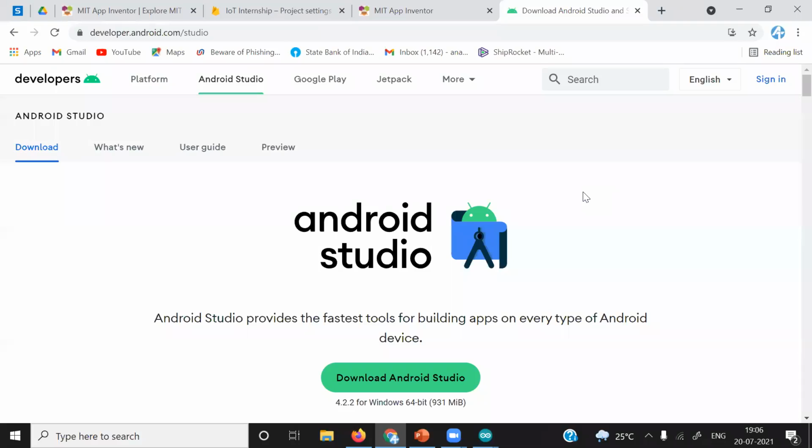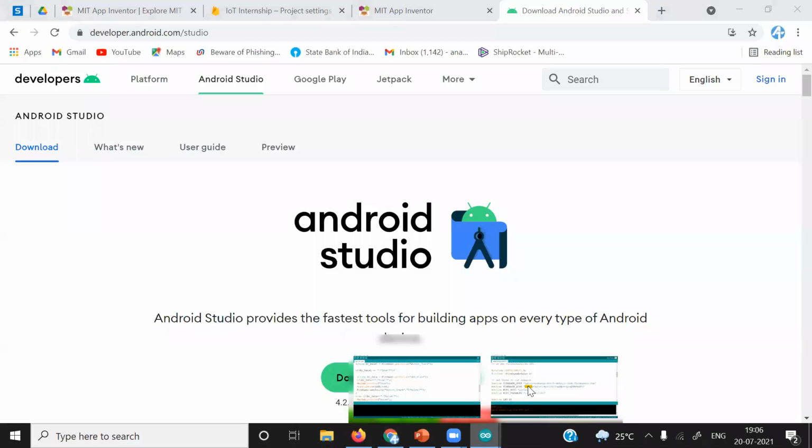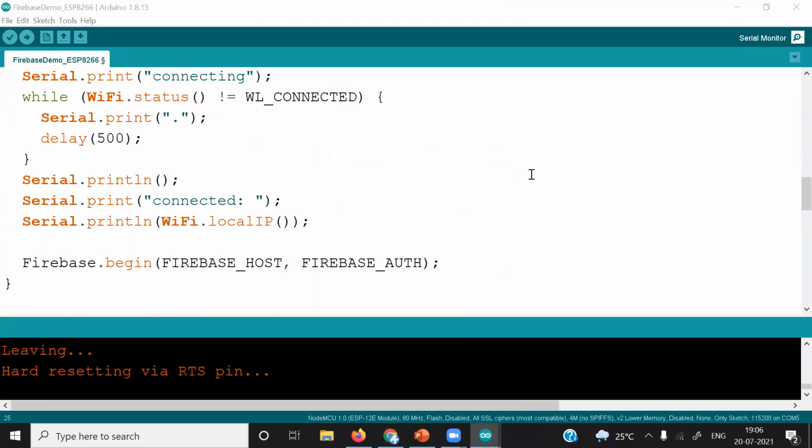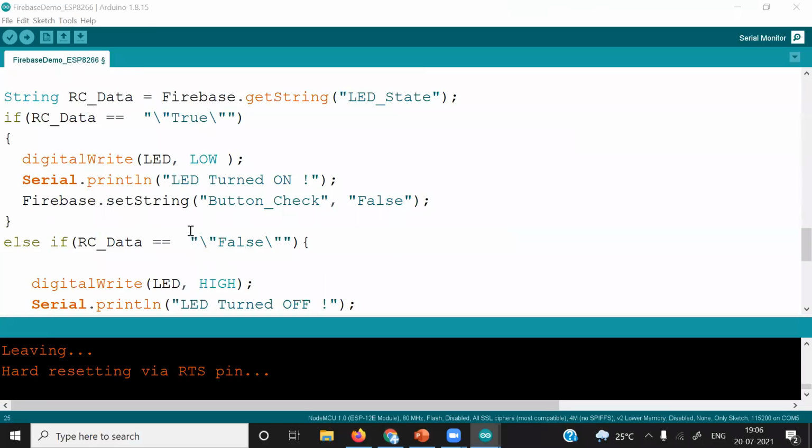There is a question: why digital write, why are you making low to glow the LED? You can see here. Whenever we are receiving data true, it means we want to turn the LED on, and we are making this pin low, which means we are writing zero data. But this D0 pin is inverted. Whenever we are writing zero data, it will turn on. And whenever we are writing the on data, meaning the one data, it will turn off. Okay, it is opposite to what data we are writing. That is why we are making it low.